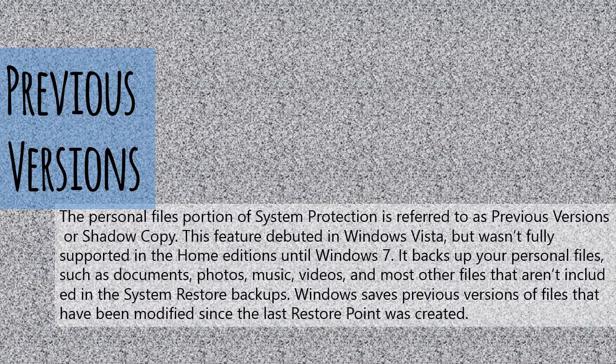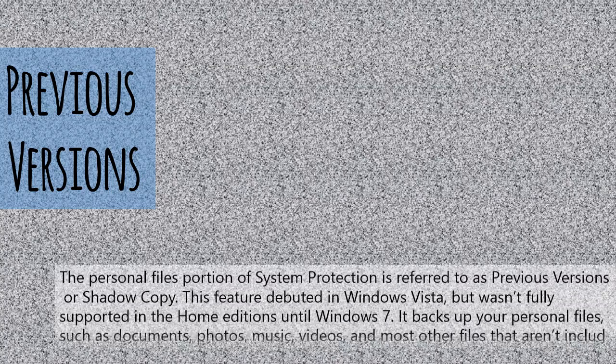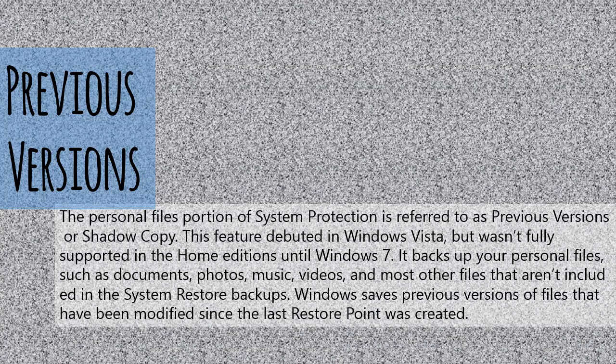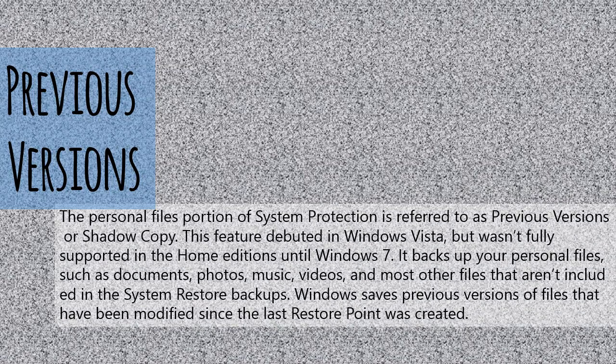Previous versions. The Personal Files portion of System Protection is referred to as Previous Versions or Shadow Copy. This feature debuted in Windows Vista, but wasn't fully supported in the Home editions until Windows 7. It backs up your personal files, such as documents, photos, music, videos, and most other files that aren't included in the System Restore backups. Windows saves previous versions of files that have been modified since the last restore point was